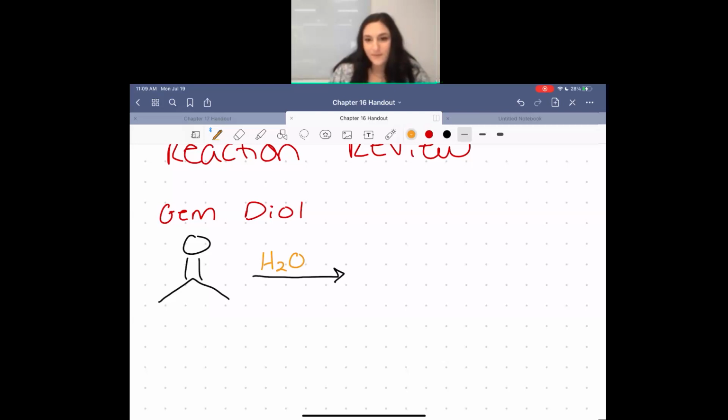And what else? There was definitely water, but what goes under the arrow? What do we think? Acid or base catalyst. Awesome. Okay, so H2O. In this one, we're just going to say catalyst because it can be either acid or base. And we end up forming